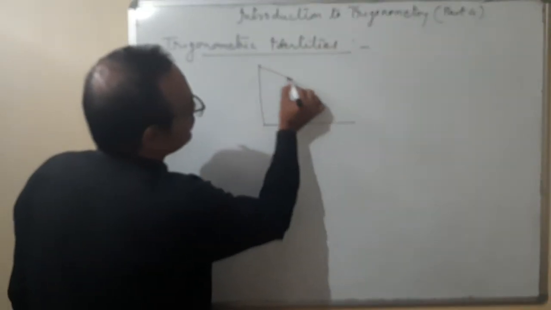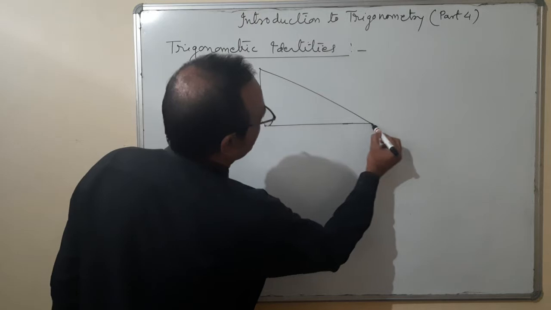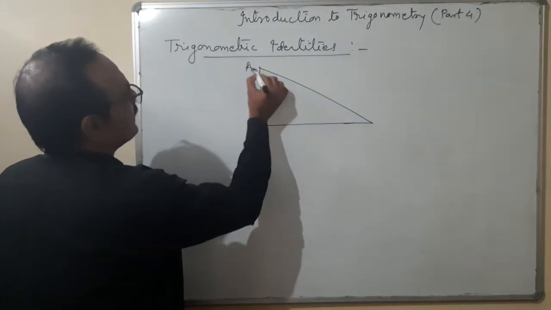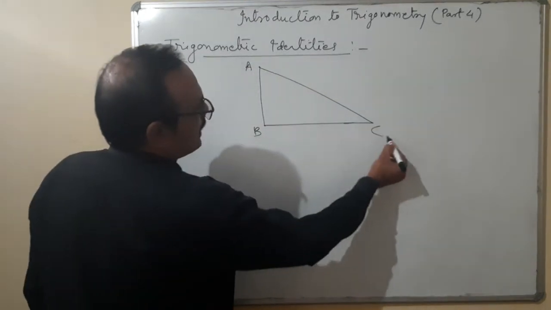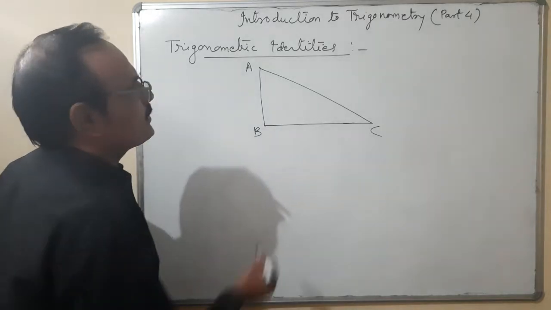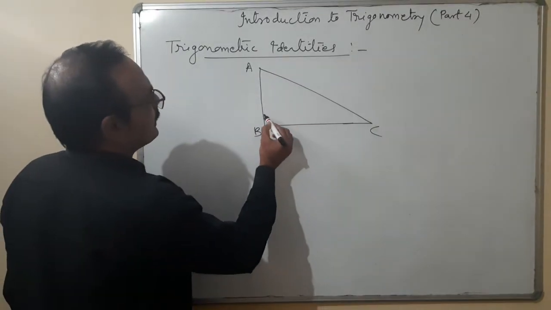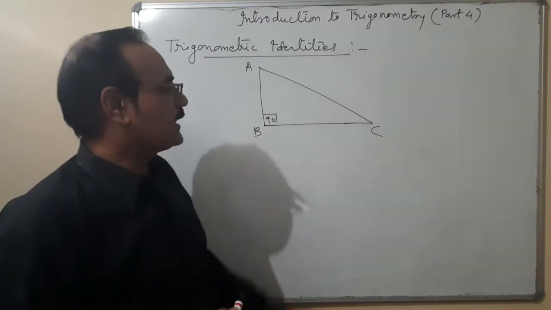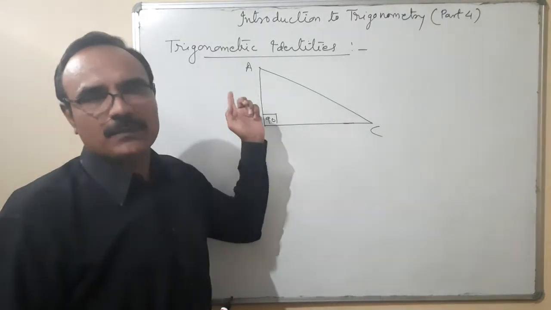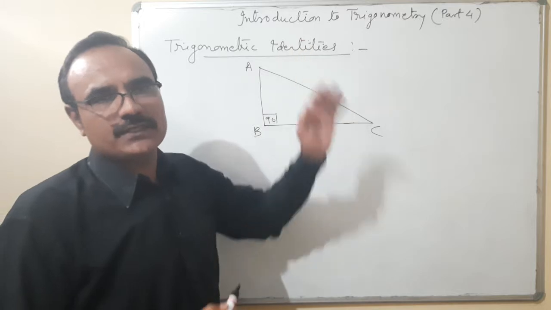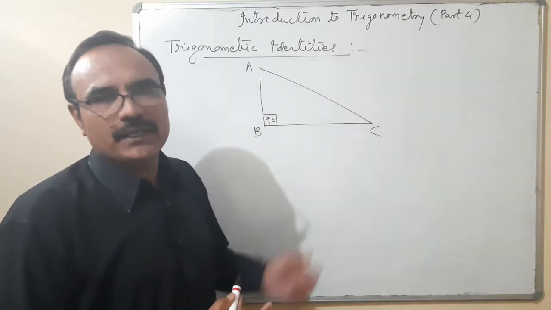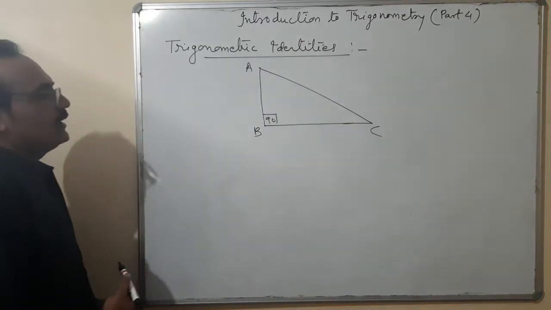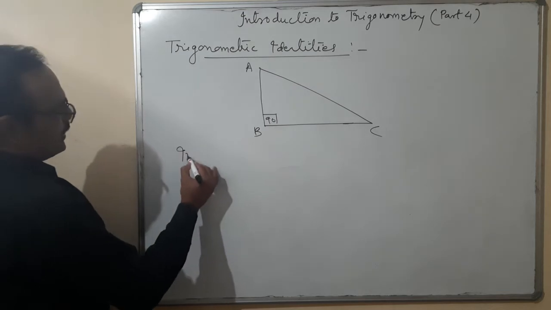In trigonometry, one thing is very important: a right angle triangle is always used, which I have been telling you since part 1 of Introduction to Trigonometry. So there is a 90 degree angle, and whatever angle we are taking, its opposite is always the perpendicular, the hypotenuse is fixed, which is opposite to 90, and the one remaining is the base. In triangle ABC,